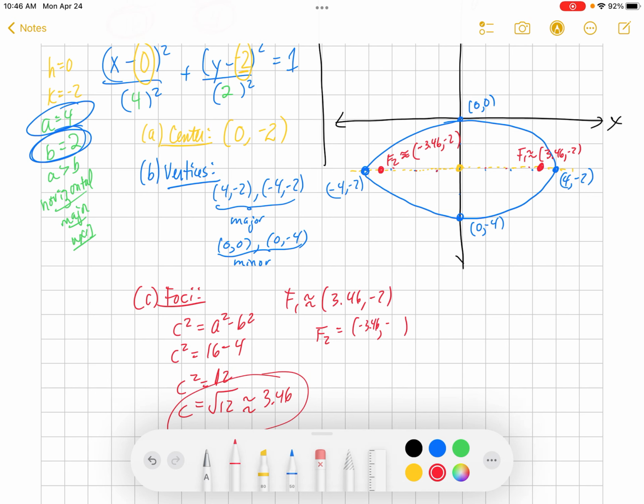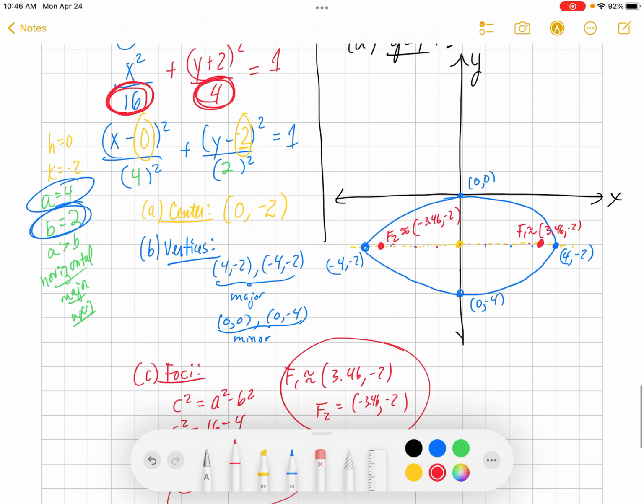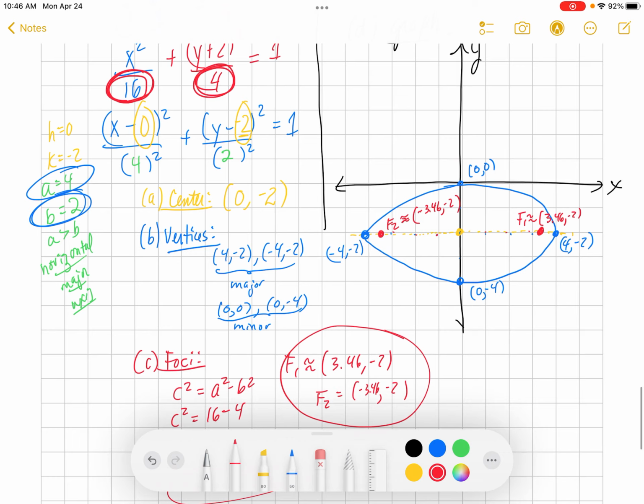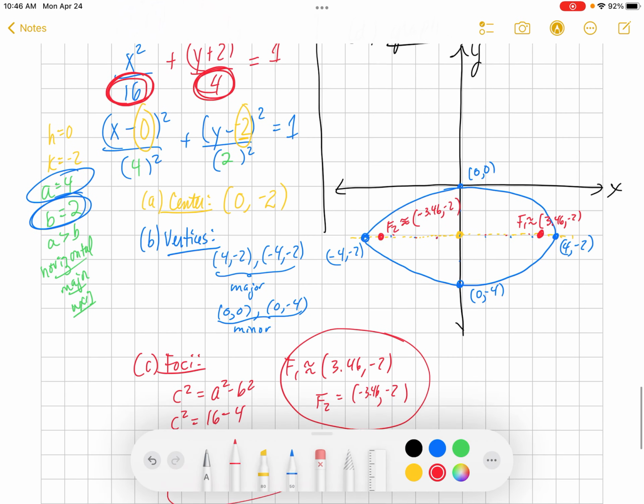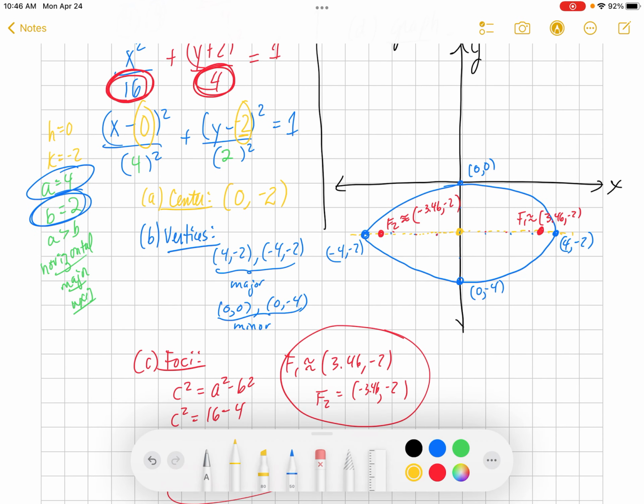So that'll be about negative 3.46, comma, negative 2. There's everything we need. Center, 0, negative 2, vertices, the 4 blue